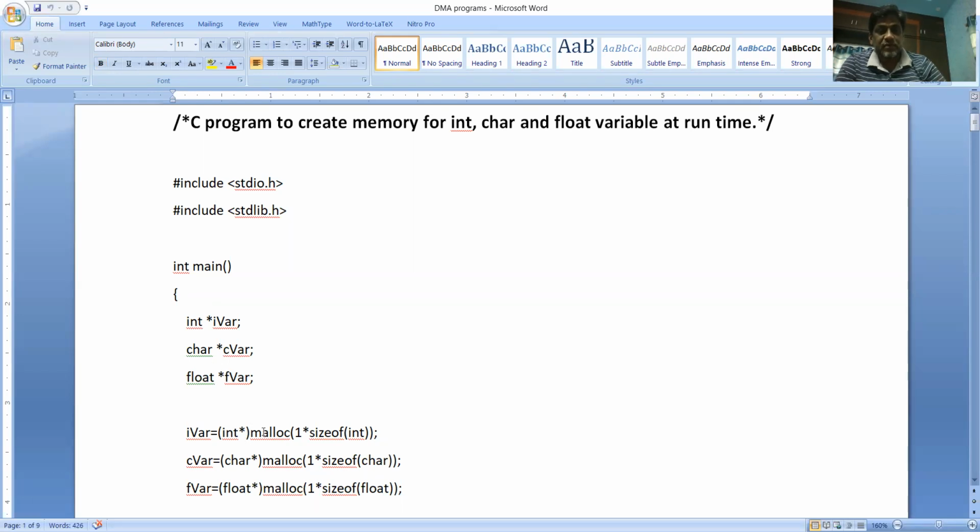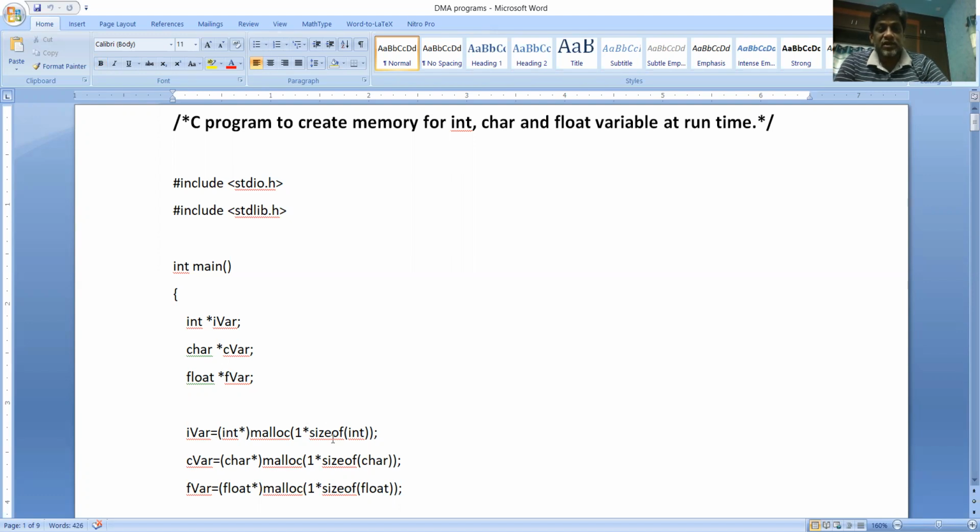Now, how do you allocate memory for these pointer variables and create one memory location? The syntax of malloc we already discussed in our previous classes. It is int star, because for storing an integer variable you require int star typecasting, followed by the malloc function, and the parameter for this is the number of bytes. Because we need only one memory location, the formula is 1 into size of int.